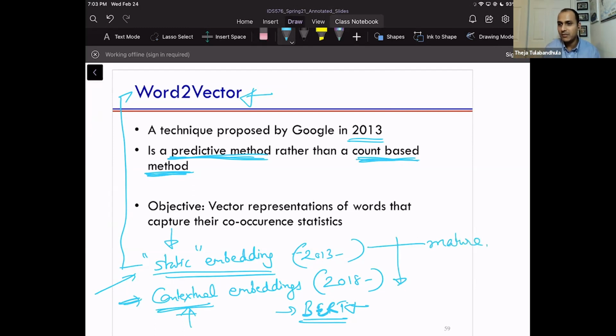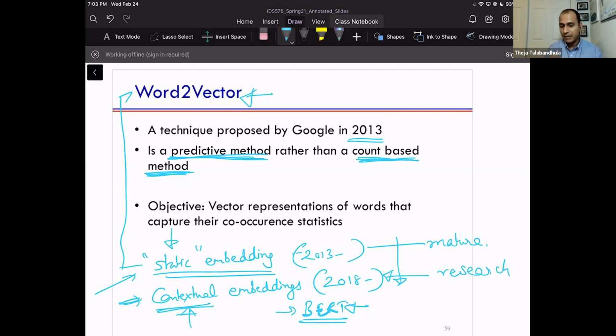We just saw that wherever you're using one-hot encoded versions of words or bag of words type of representation, you can immediately change it to Word2Vec and get a huge gain in performance, because now the vector representation of words actually has contextual information embedded in it. Contextual embeddings are still, I wouldn't say in the research phase, but you do need some amount of expertise to work with them. But they work the same way.